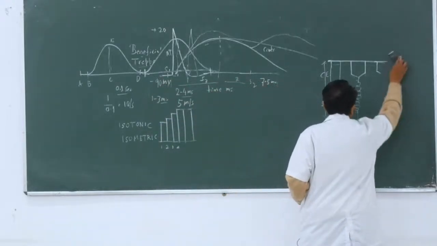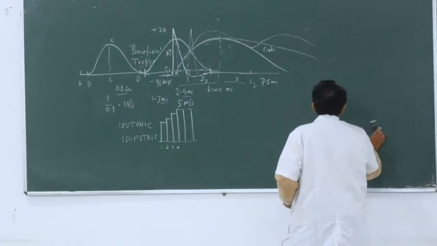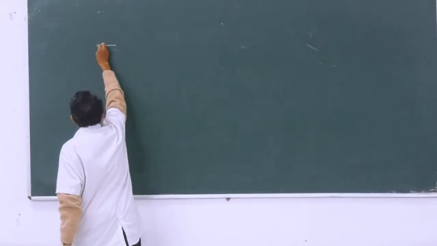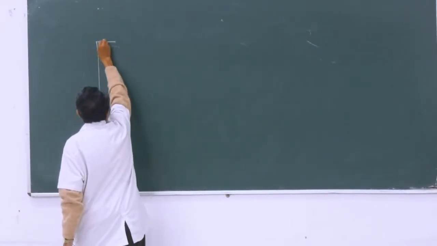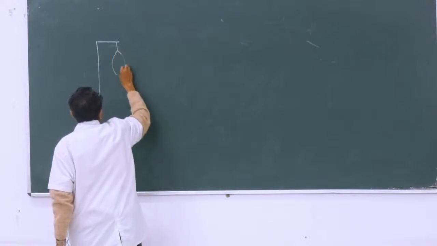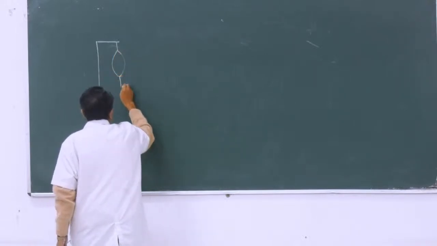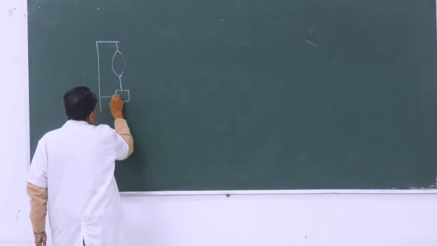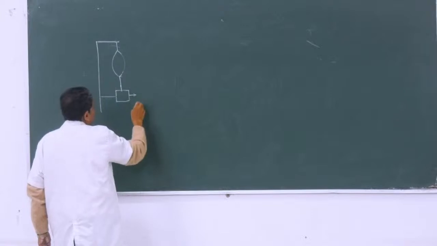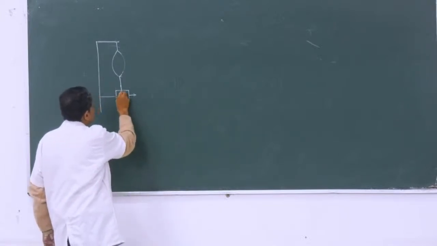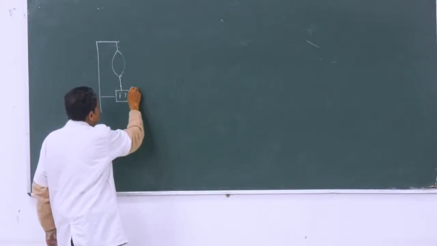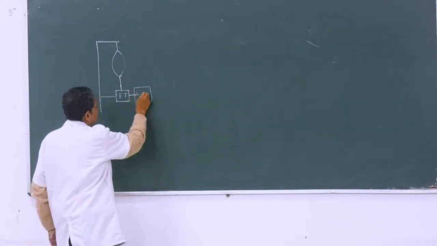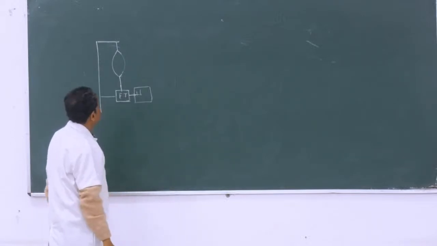Now, the length tension relationship and the concept of resting length. From a rigid support, the muscle is suspended in this way, and there is a force transducer over a recorder that can measure the force that is generated.